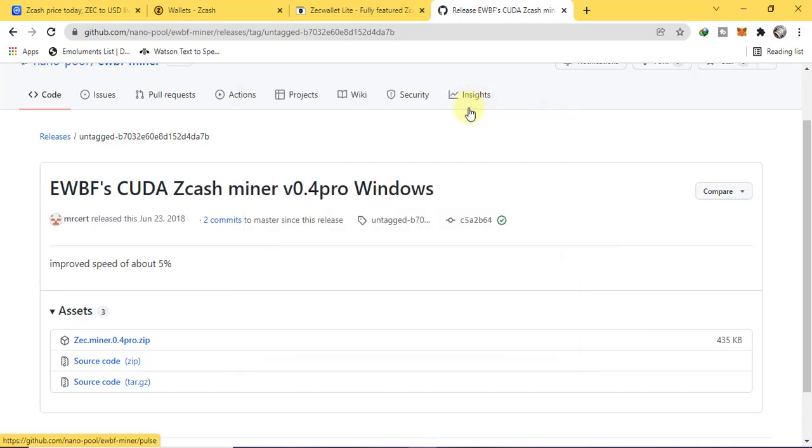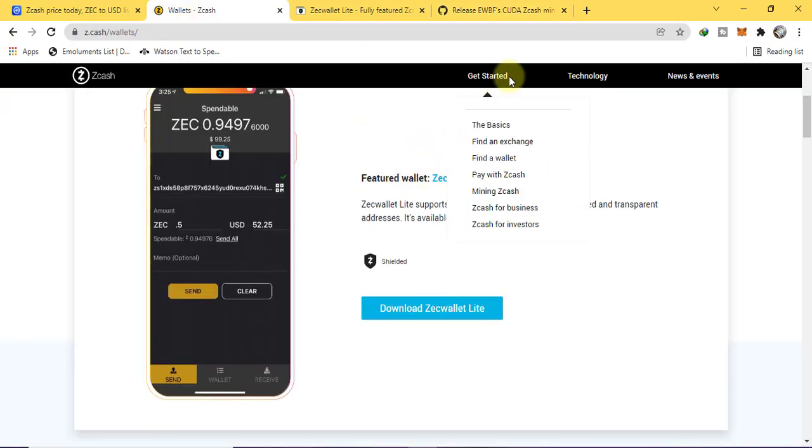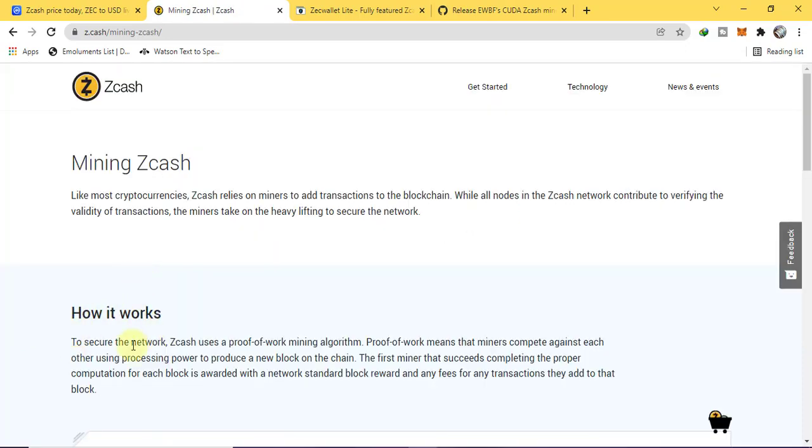And now the third thing that we need is a pool. Let's check out the pools. Again go to get started and go to mining Zcash. How it works: to secure the network, Zcash uses a proof of work mining algorithm.